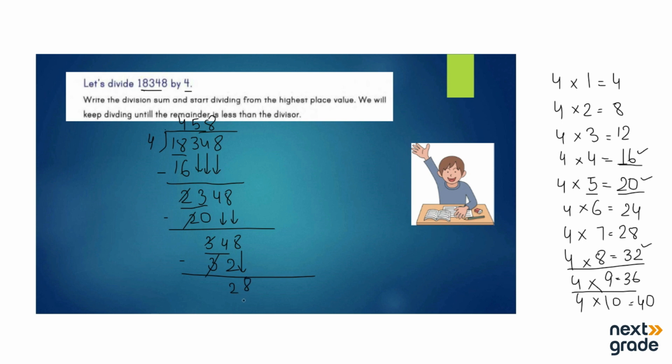Okay, now we have number 28 and we have to divide it on 4. We can see over here that 4 7s are 28, so we're just gonna write over here 7, and we're gonna write 28 over here, and when we subtract this number you can see the 0 as the remainder. ठीक है, तो हमारे पास रिमाइंडर क्या रह जाता है, 0. दैट मीन्स दैट ये completely डिवाइड हो जाता है, और हमारा आंसर क्या आता है, the answer is